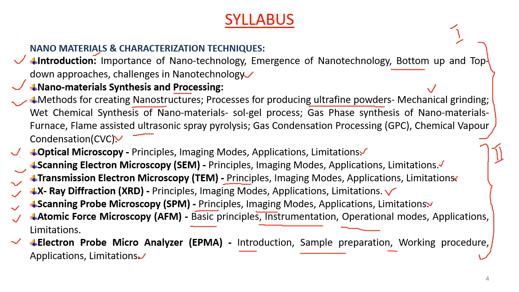So the syllabus is divided in such a manner that the learner should know how the nano production is taking place, which are the techniques or processes used, and how the processing of these nanoparticles takes place. Then after getting the nanoparticles, how to analyze them and find their orientation, size, and their formations, how they are going to form, and what are the methods used in these techniques, that also has to be known.